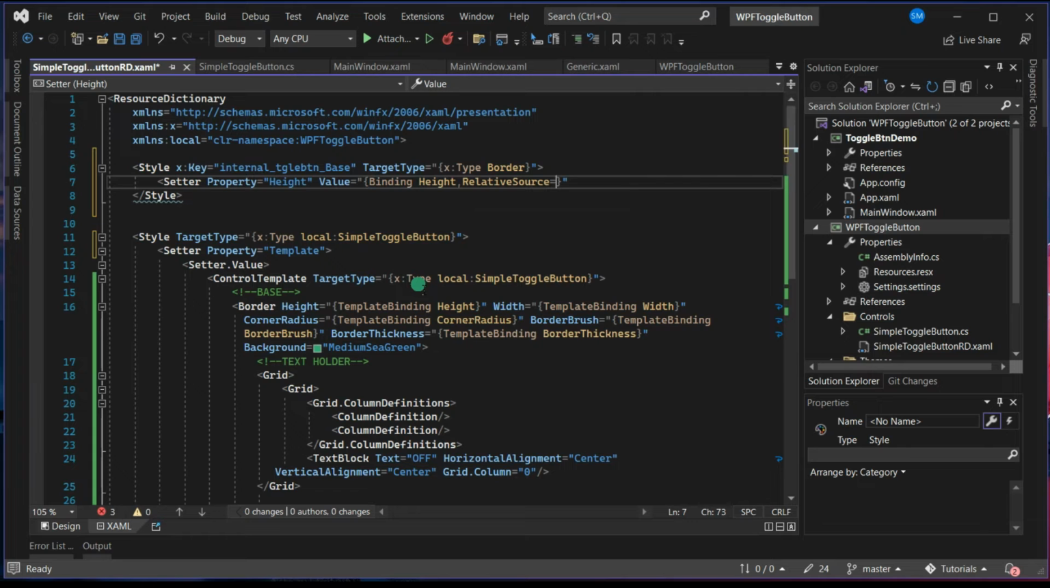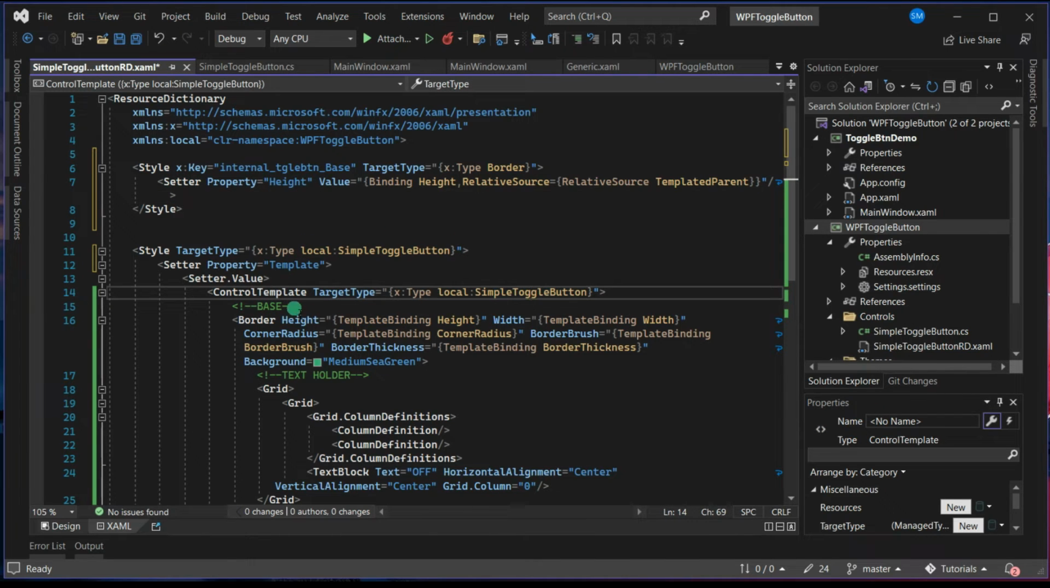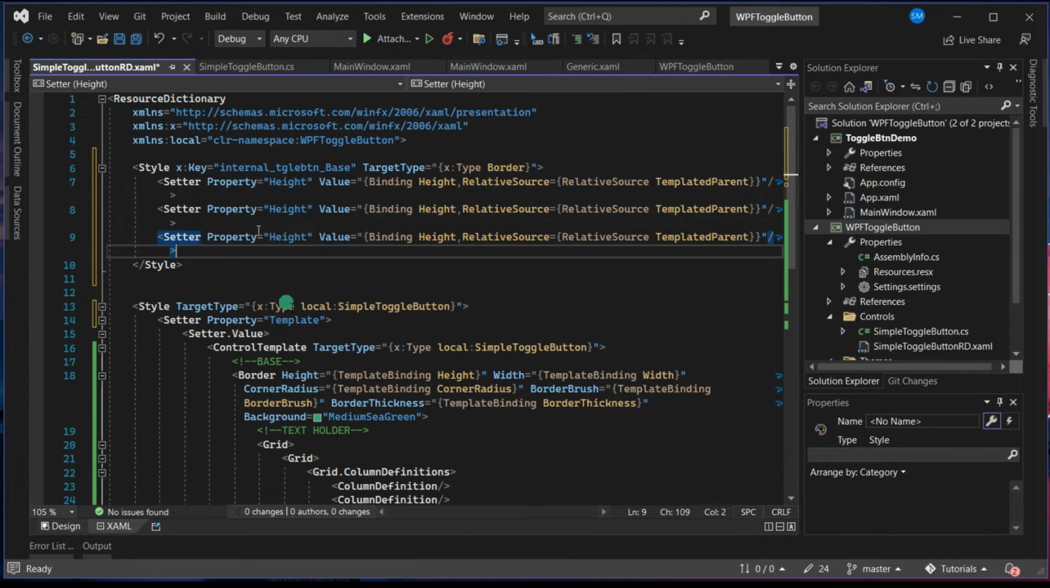But you have something called relative source templated parent. So what we are trying to say here is, whenever you are defining this inside a control template and it has a templated parent, so if I put this style for a border inside this control template, now the templated parent is simple toggle button. If I'm going to do the control template for another type, then that will become the templated parent. So whichever is the templated parent, that templated parent's height will be applied here. I will copy this and I will do the same for